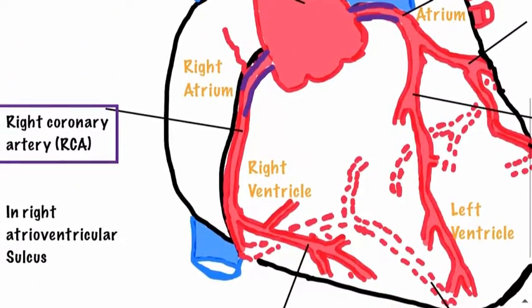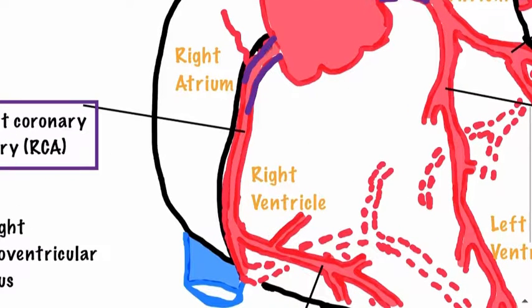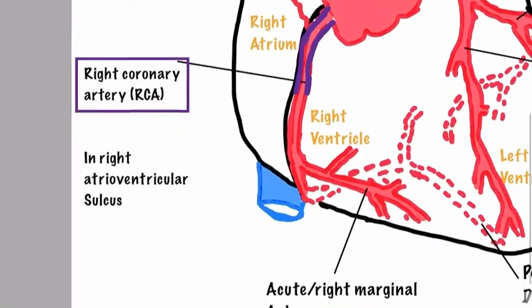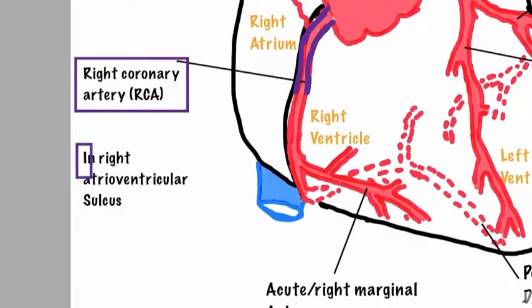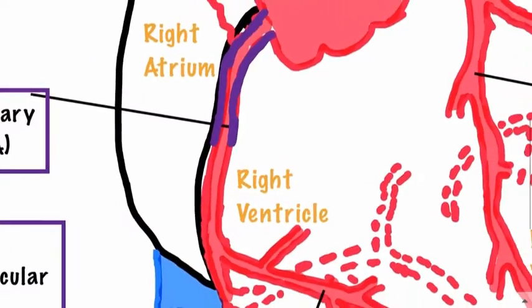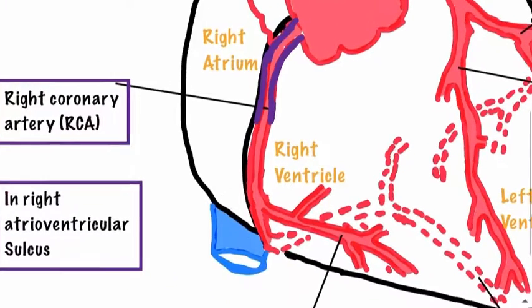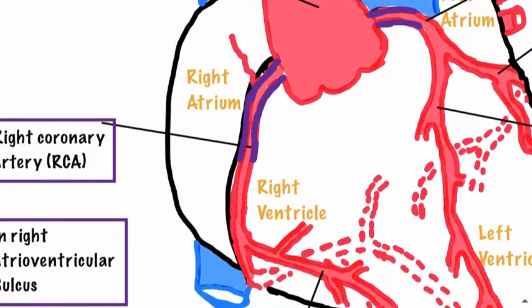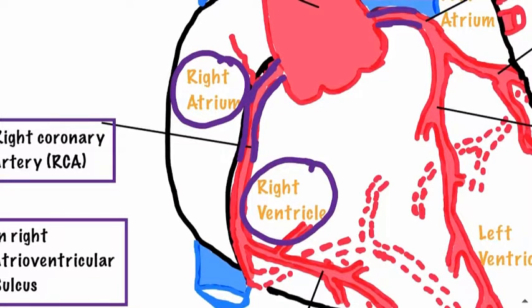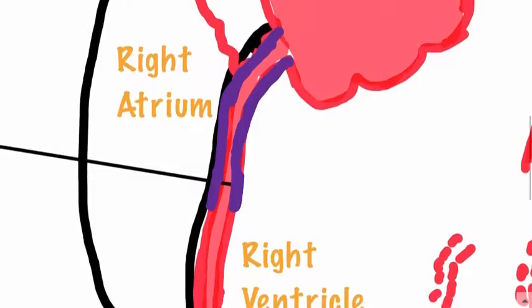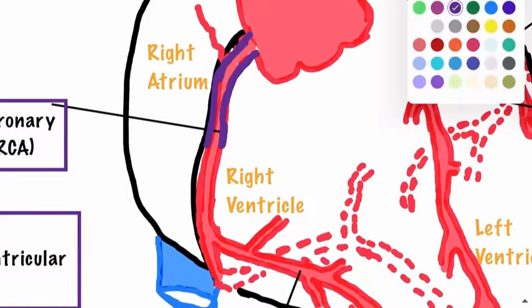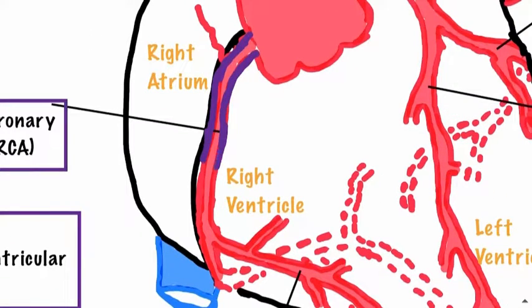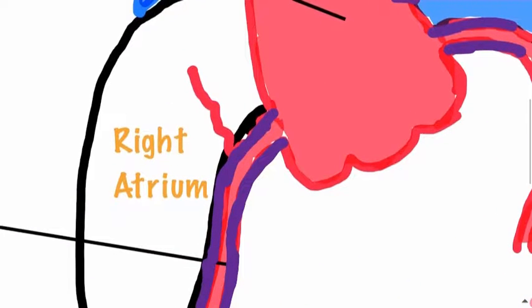Okay guys, let's talk about the right coronary artery. So the right coronary artery runs in the right atrioventricular sulcus. And guys, what is meant by the right atrioventricular sulcus? It is basically a groove on the right side between the right atrium and the right ventricle. So in the right atrioventricular sulcus runs the right coronary artery, and through its course the right coronary artery gives several branches. For example, this one,